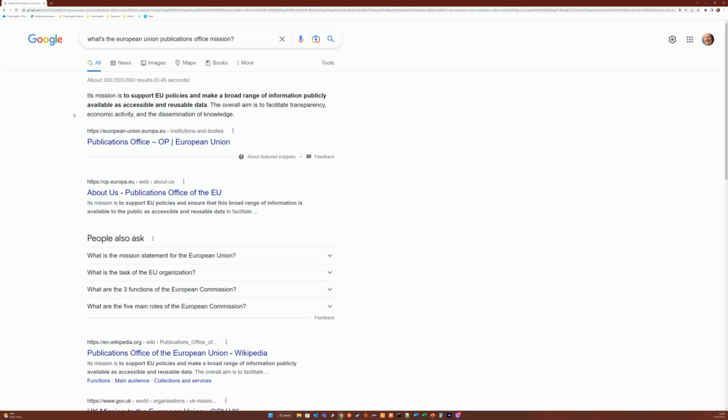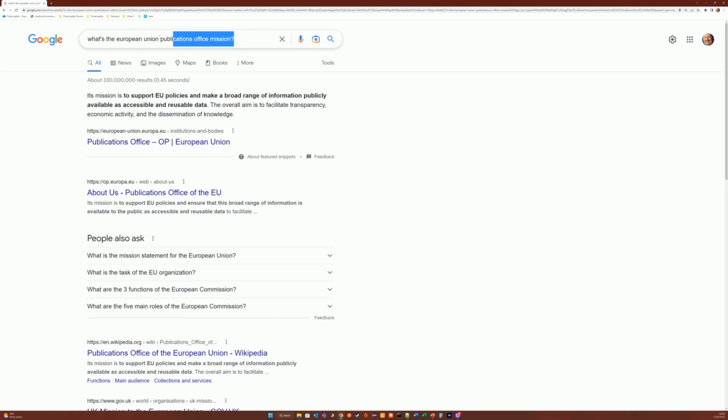So here we're in Google, and I'm just going to execute a query, and this query is asking for the European Union Publications Office's main mission, just as we saw a little bit earlier, and we got an answer provided at the top of the result set. If you look at this answer, it's actually what Google call a featured snippet. The industry is really starting to call these extractive answers. Google is still calling these things featured snippets, and why not? They invented it. And it provides the answer directly at the head of the result set. So keep an eye out for this little signal here that tells you that this is a featured snippet or an extractive answer which has been returned by Google.